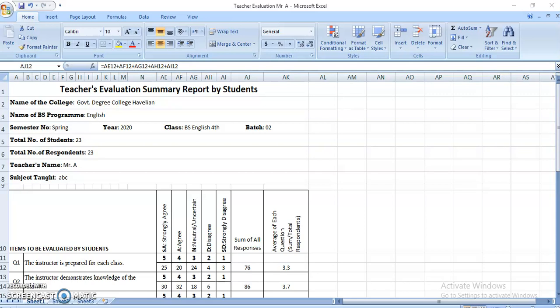Bismillahirrahmanirrahim. This is Rustam, and today I'm going to explain how to calculate or how to fill up the teacher's evaluation summary report by students. This is an Excel sheet, and as you can see on the screen, you have to